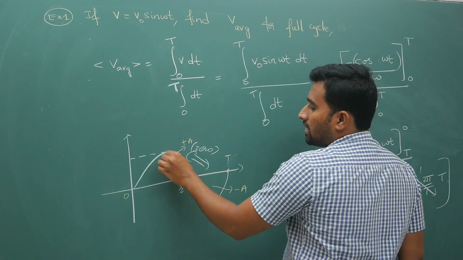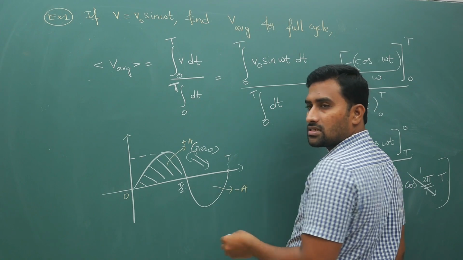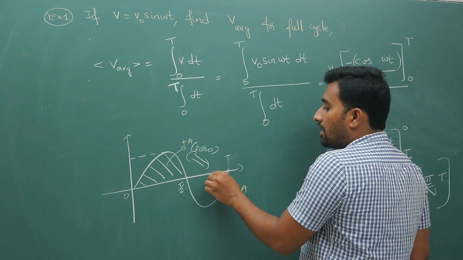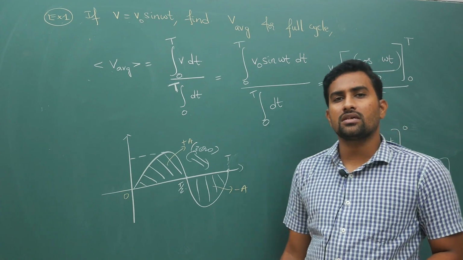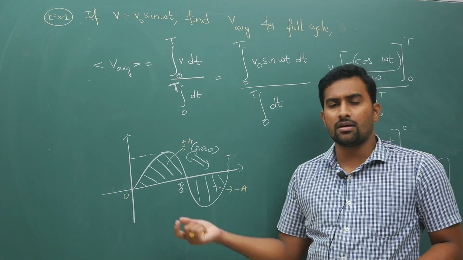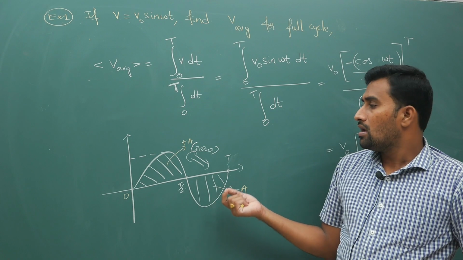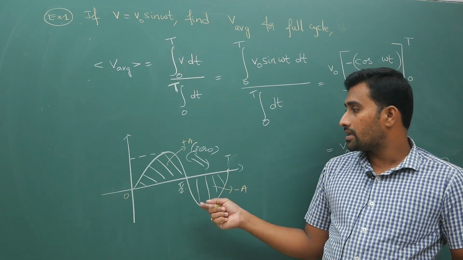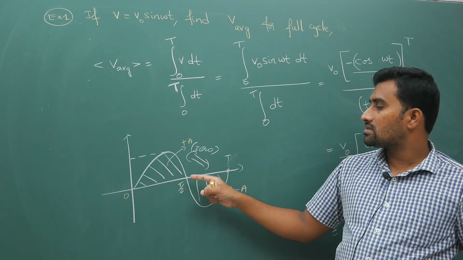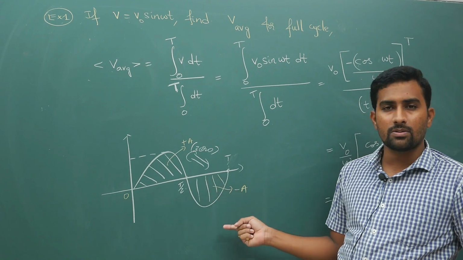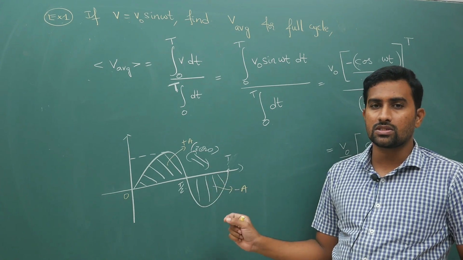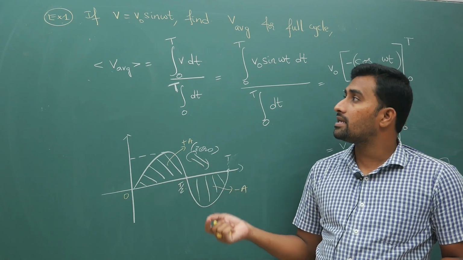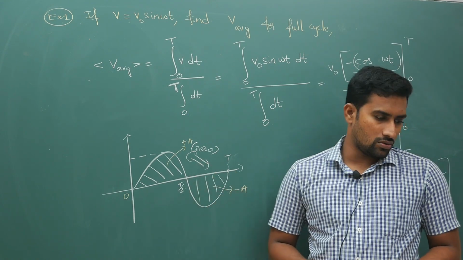That means the area above the x axis, if you are taking it as positive, and the area below the x axis, if you are taking it as negative. Integration gives the area of the graph with the x axis. The area above the x axis you have to take as positive, and the area below the x axis as negative. So the area above the x axis is plus A, and below it is minus A. So your answer finally becomes 0, plus A minus A, that becomes 0. So for a full cycle your total area is anyhow going to become 0.